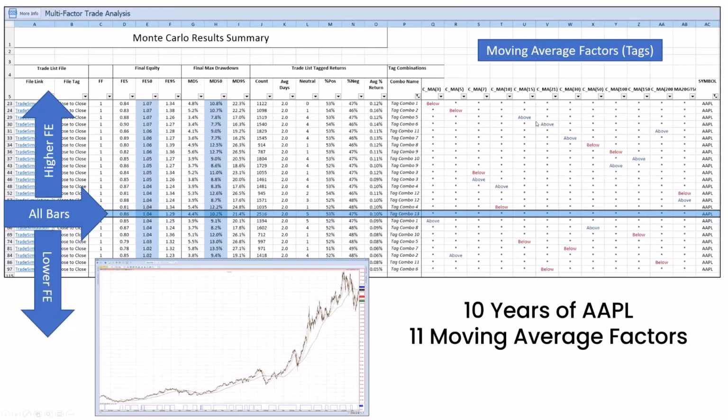Okay, but here in Apple, the best outcomes were where close price was below the 3 period and below the 5 period. But then the next best outcome was when the close price was above the 15 and then above the 21. So it's not quite as clear cut as in Microsoft and SPY. But nevertheless, I think all of that is